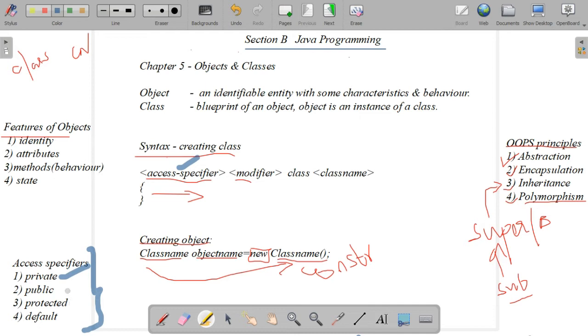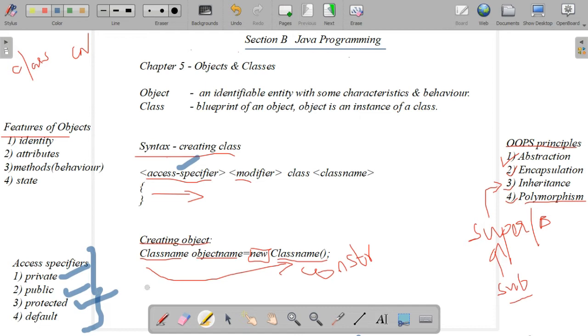That is known as the private access specifier. Public means it can be accessed outside the class, outside the package, anywhere. That is public. Protected means we can access it in the subclasses also. Subclass comes under the inheritance properties, is it? Yeah. So protected members are accessible within the class as well as other classes which inherit from this class, that is, the subclass. In the subclass also we can access it; that is the use of protected.